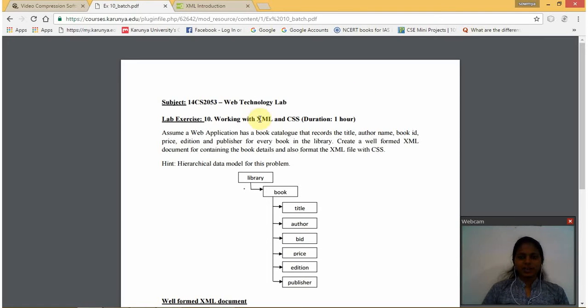Today I'm going to explain working with XML and CSS. What is XML? XML is nothing but extensible markup language. It's the same as HTML, but the difference between HTML and XML is that HTML just shows how to display the data in a web page, and XML just verifies how to carry the data from one page